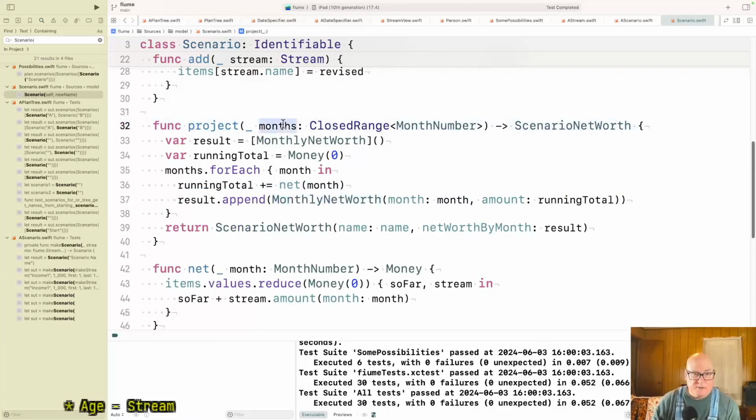I guess I'm wondering how hard would it be to change this to a month year, and maybe a range of month years? I don't know if that's allowed.